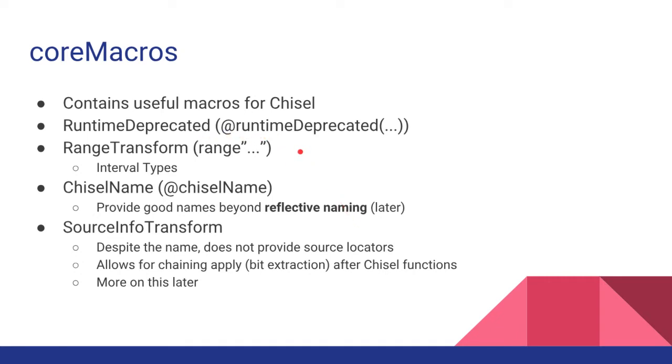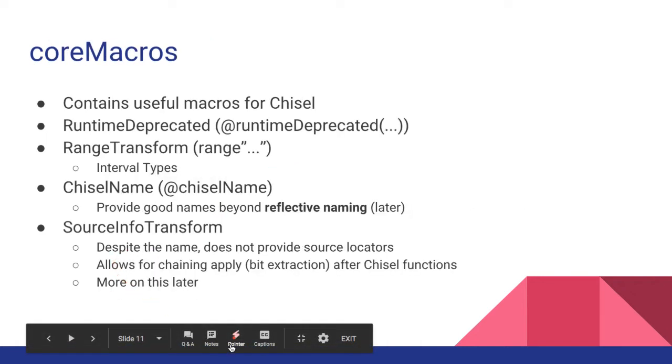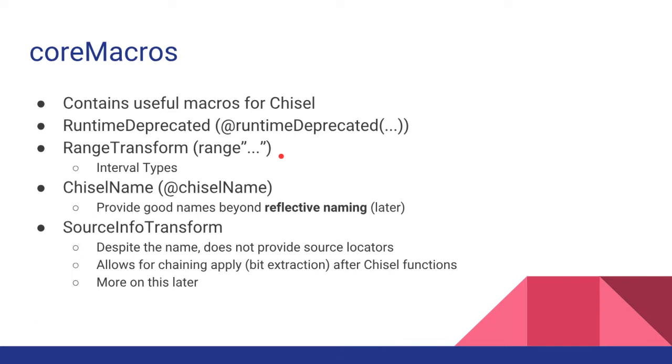We have the range transform, which is this really neat thing where it can take a string representation of a range. What that means is if I write, does it work? No. Maybe I can turn on a writer. No, I just have a pointer. Okay, well, you can have a range from 0 to 10, inclusive or exclusive, and this will map to